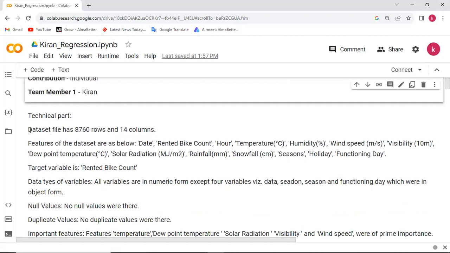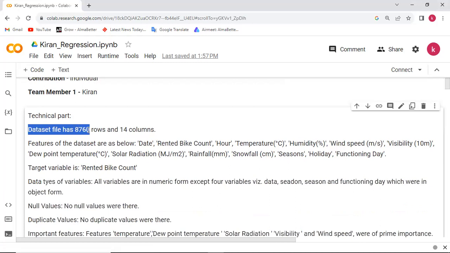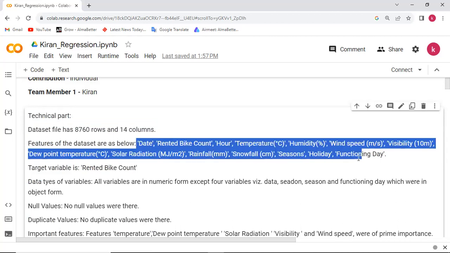In our data set, we have about 8,760 rows, and the number of columns is 14. The different columns, that is, the features, you can see here.